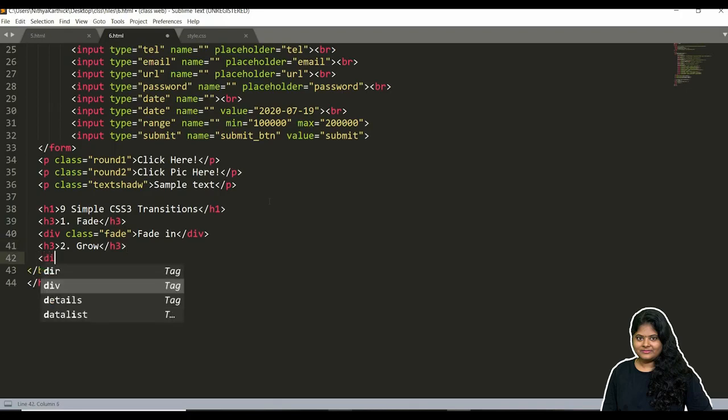For this also I'm creating a div with a class called grow, and here I'm mentioning it as grow. I'm going to give the same set for all our 9 simple transitions.